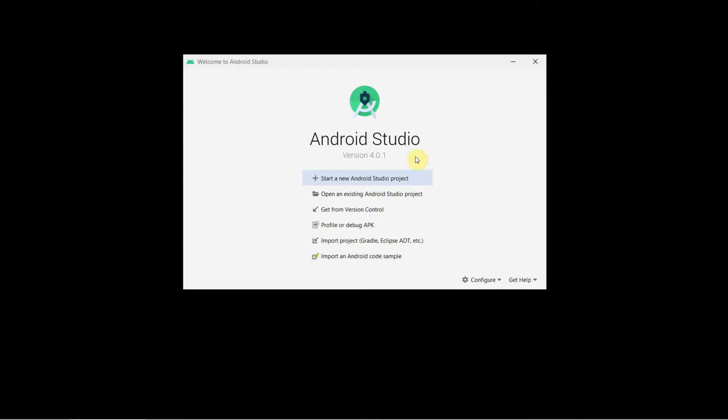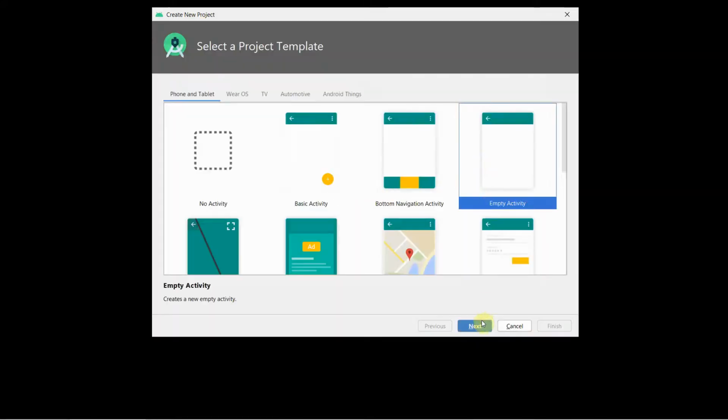In this short video, I'll show you how to create and delete a file programmatically from your Android app. So let's begin. In terms of layout, I'll keep it a pretty simple one.